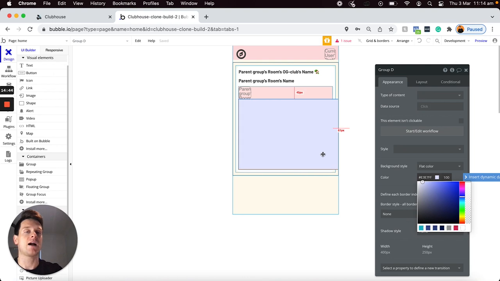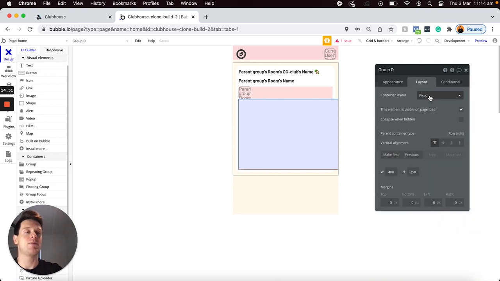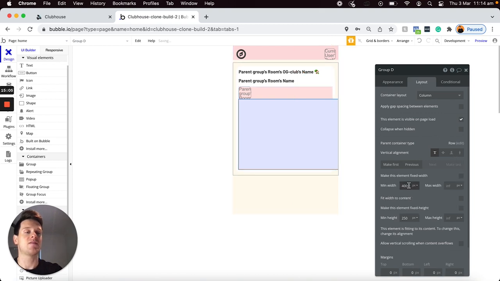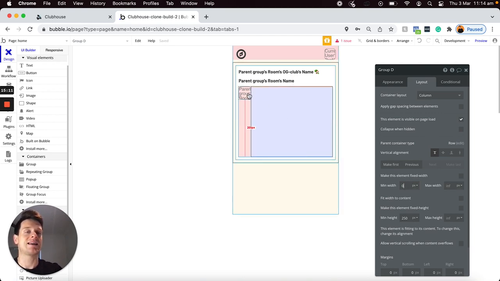But for the time being, I just think this is the best way to visualize where every element sits on my page. I'm then going to jump over to my layout tab, and I'm going to update the container layout of this particular group to be a column, because I'll be stacking elements in this group from top to bottom, not side by side. I'm then going to unselect that this element should be fixed width. I'm going to set the minimum width to be 0 and the maximum width to be infinite. And now you'll see that this group itself sits nicely next to the profile photo of the person who created